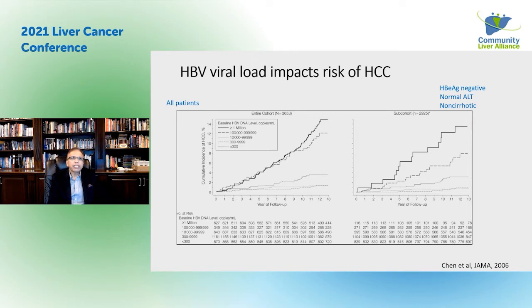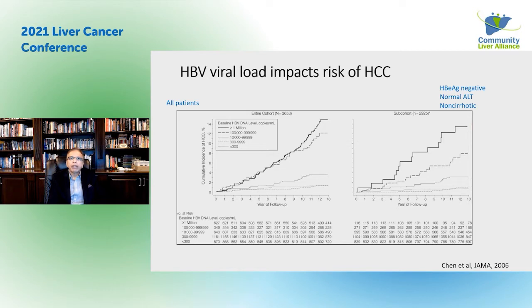As you can see, the top dark black line are the patients who had greater than 1 million copies of HBV DNA in their blood. And the bottom lines show you those with a lesser degree of HBV DNA level. And as you can see, those with the highest level of HBV DNA were at the highest cumulative incidence of